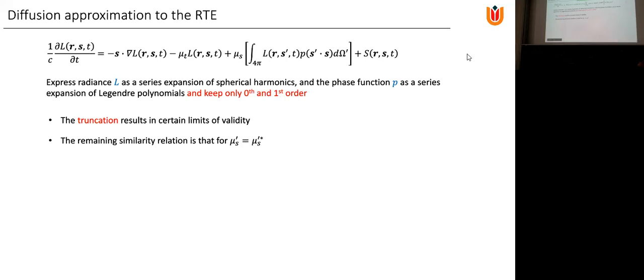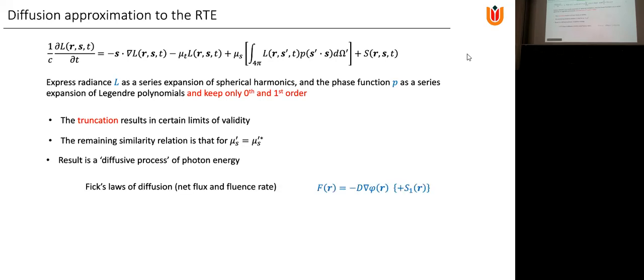The remaining similarity relation is that from µs prime. So if you have a µs prime, µs times 1 minus g1, for one set of optical properties, and you define the µs and the g1 such that the product is then the same, then you get the same result. Diffusion process of photon energy, fixed law of diffusion, so we can write